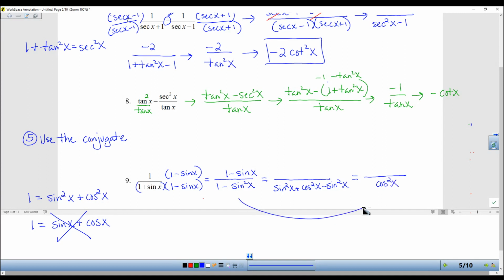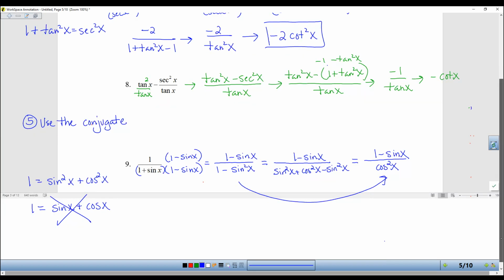Is it possible that you could go from here to here without showing this step? Absolutely. If you're going to do so many of these, you're going to start to recognize 1 minus sine squared is cosine squared, and that's tremendous if you're able to do that. So of course, how did that actually help me? This does not look any simpler than when we started, but that wasn't the goal. The goal was to make a